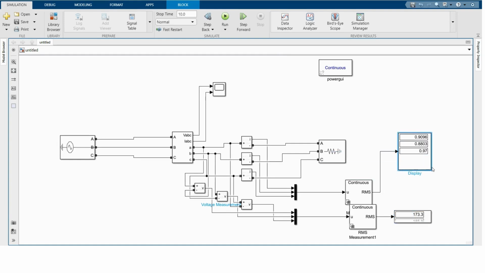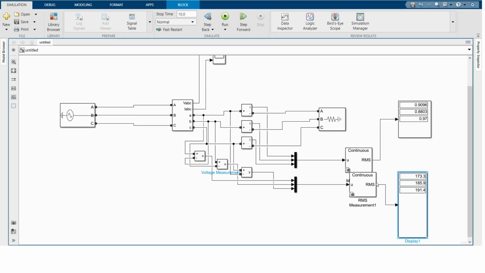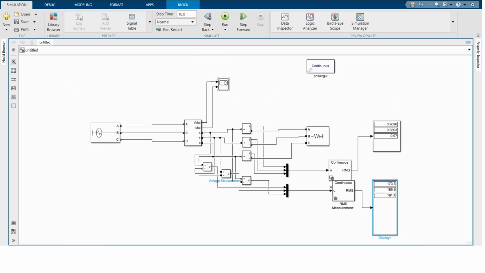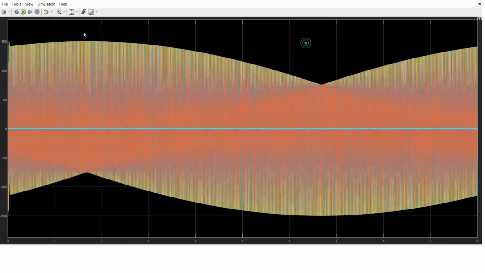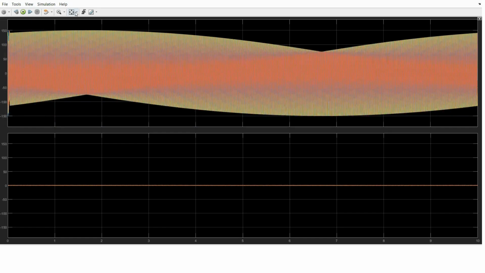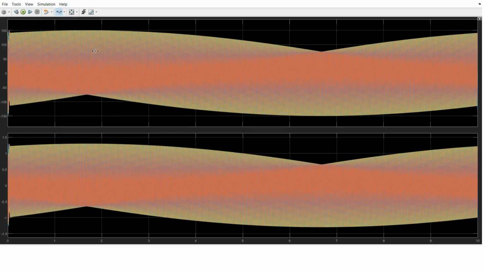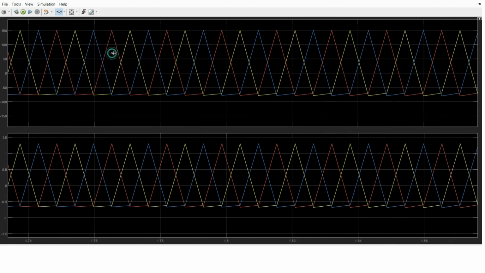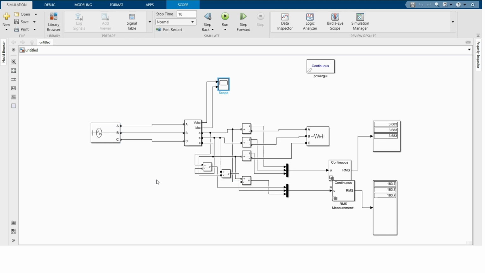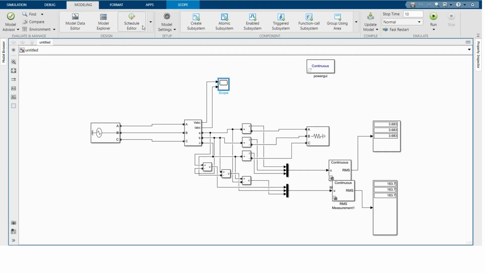Now as you can see here, this is our current values, and this is voltages, and here is the wave shape of voltage and currents. And our wave shape is not desired, it's not like a sinusoidal wave. What we have to do, we have to change our model parameter. For that I am going modeling, and then model setting,